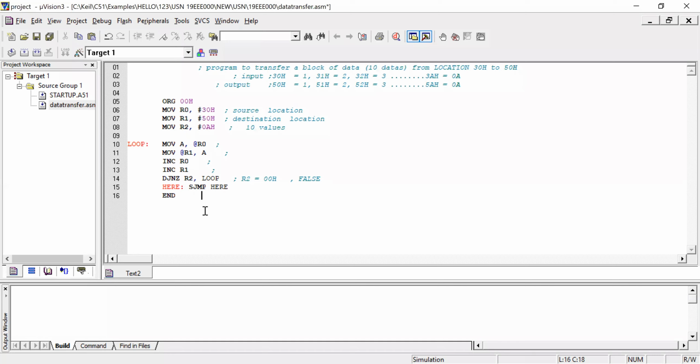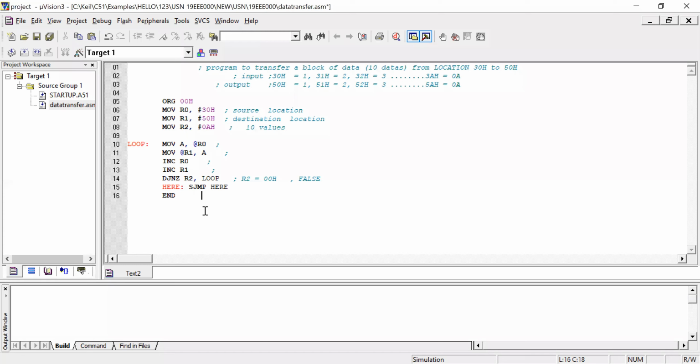Yes, sir. Sir, but the program didn't come, sir. Program? After creating everything, the program is not coming, just a blank screen. That we have to type. So I have copied and pasted. Okay, sir. We will do that. After you know how to open the file and how to execute the file, then we will see how to do the program step by step. Okay. Okay, thank you, sir.